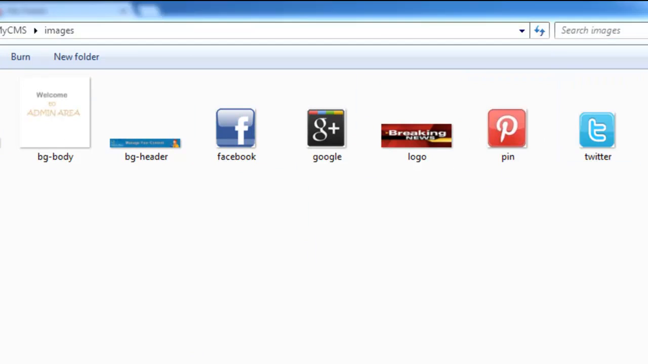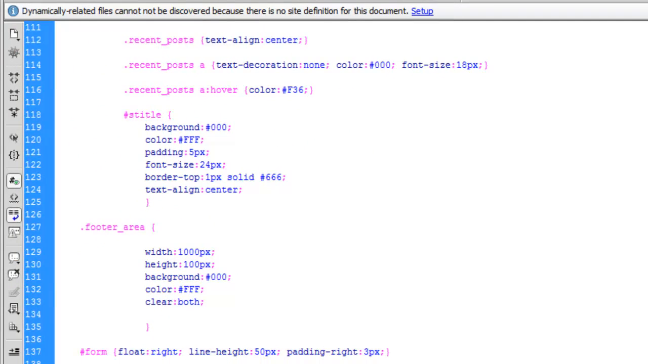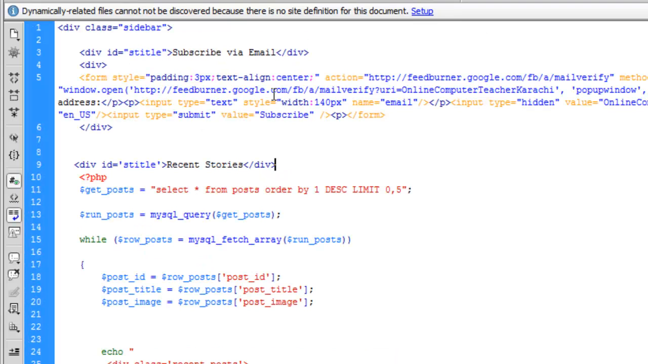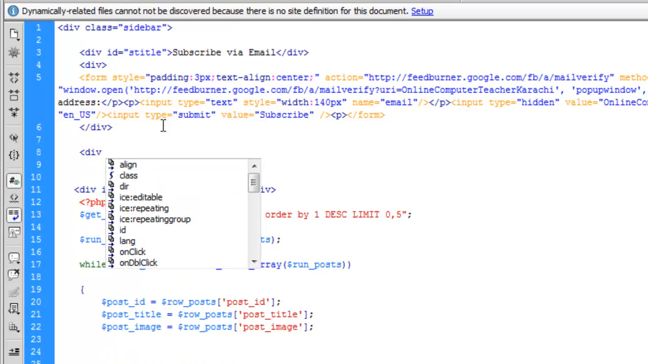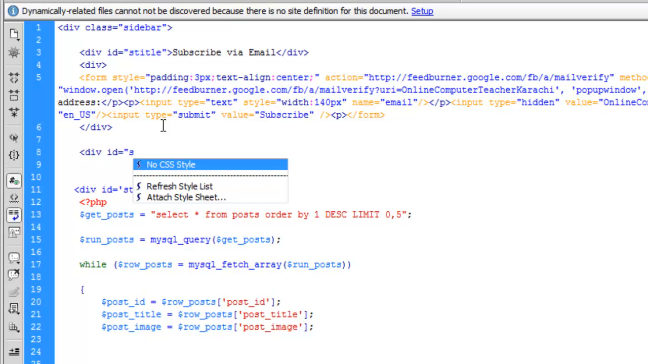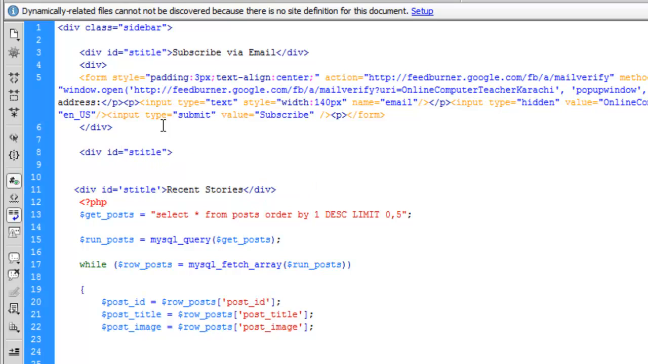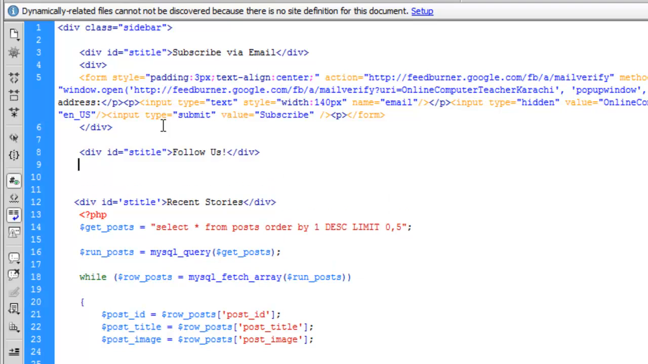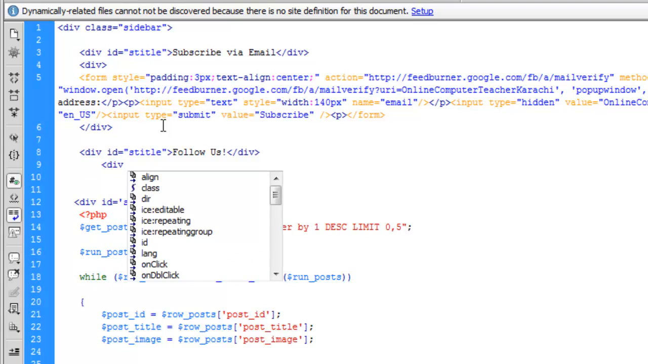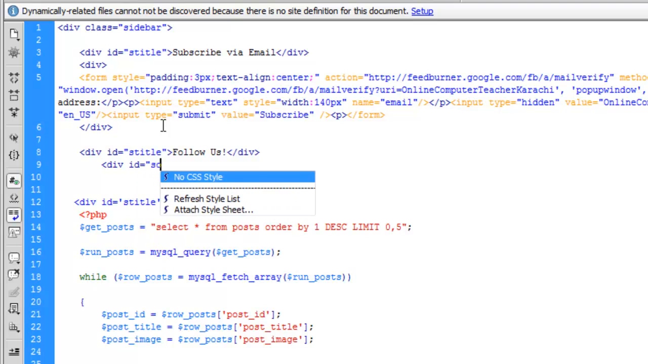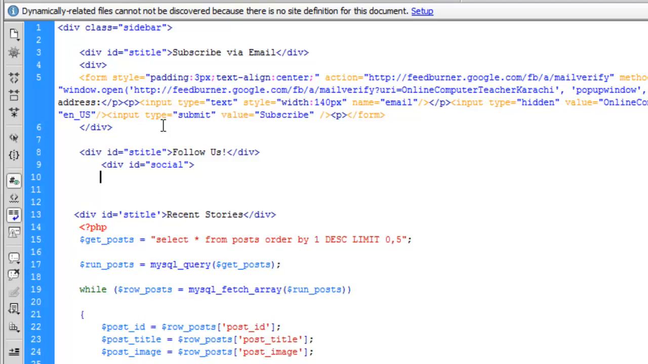So we can add them to this sidebar page. Just after the subscribe email div, write a div with ID the same as title, and say "Follow us", and close it. Now after this, create another div which will have an ID equal to social. We'll create that later,